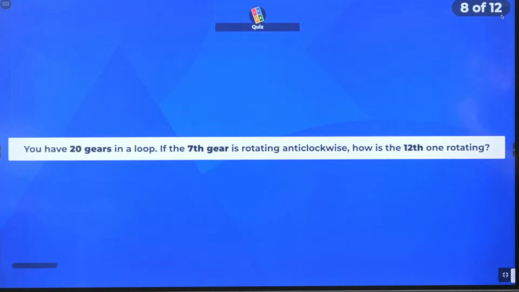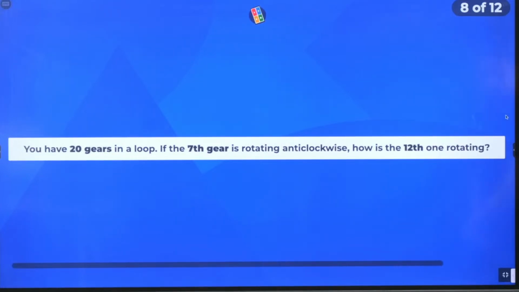Question number 8. You have 20 gears in a loop. The 7th gear is rotating anti-clockwise. How is the 10th, 12th one rotating?